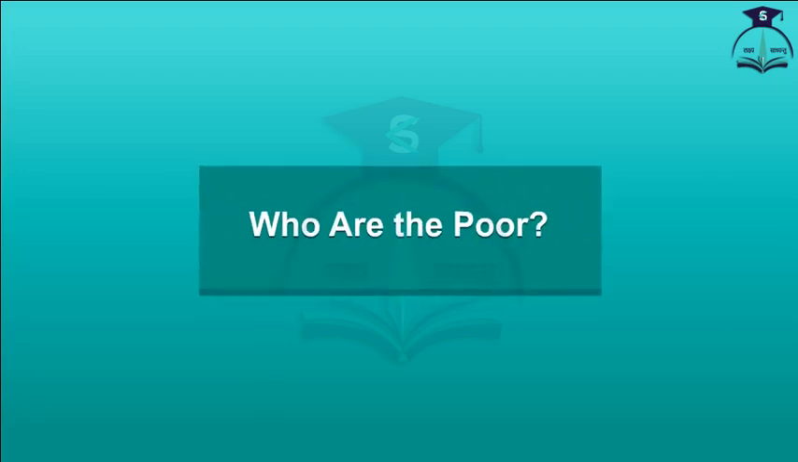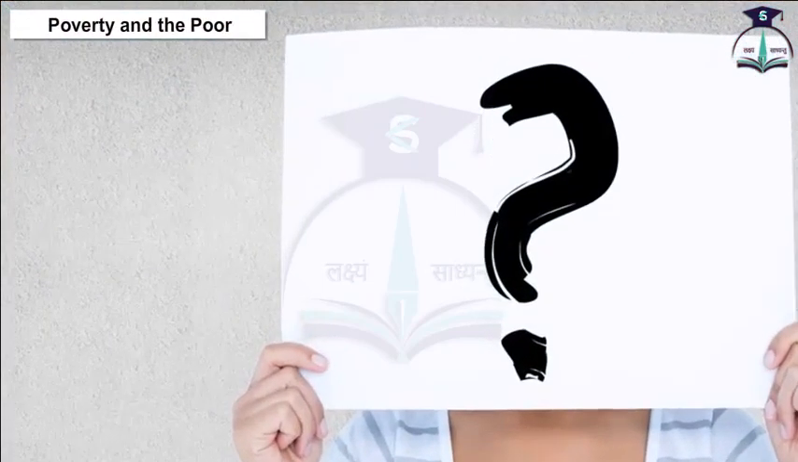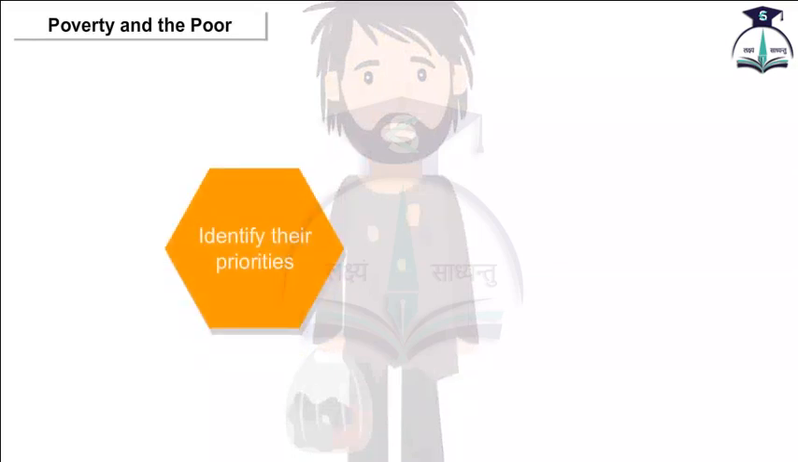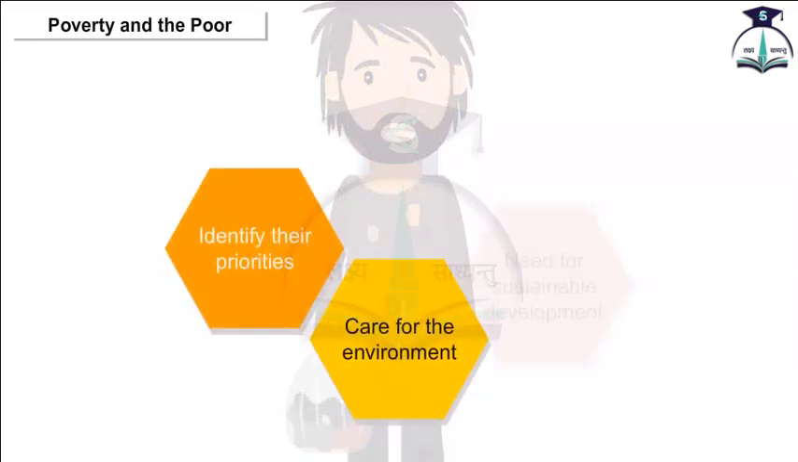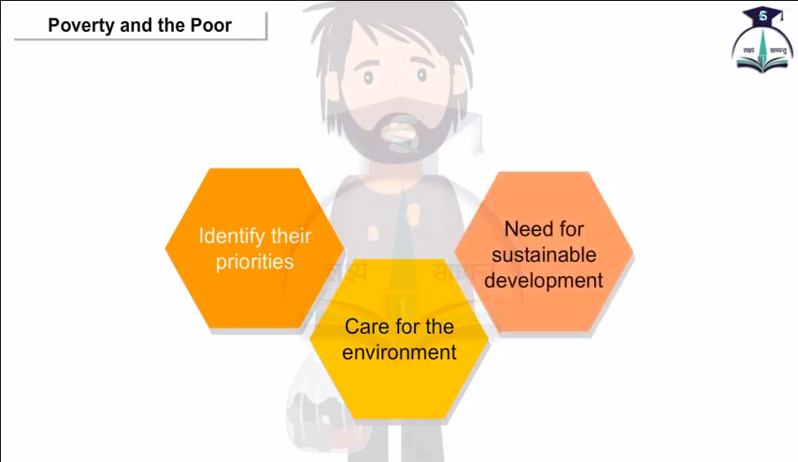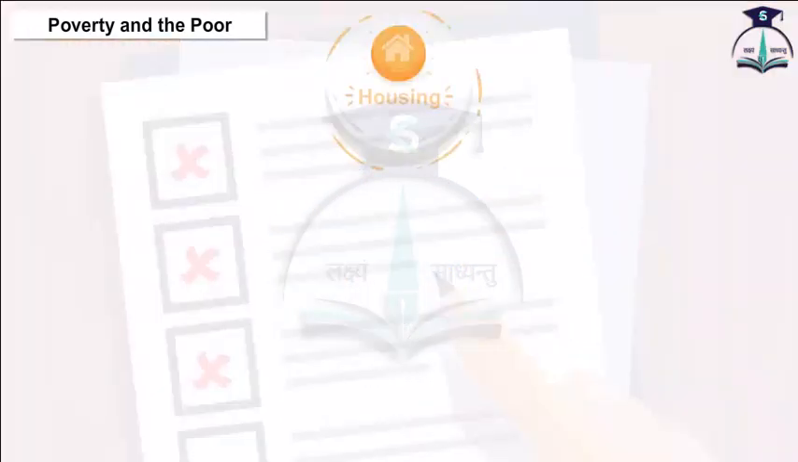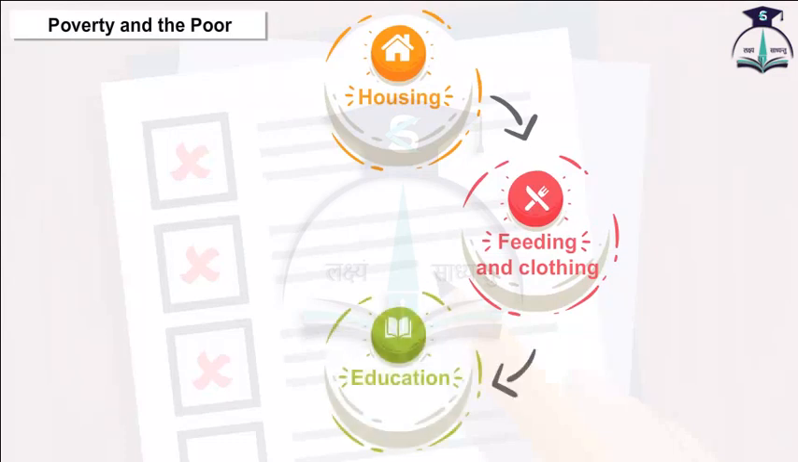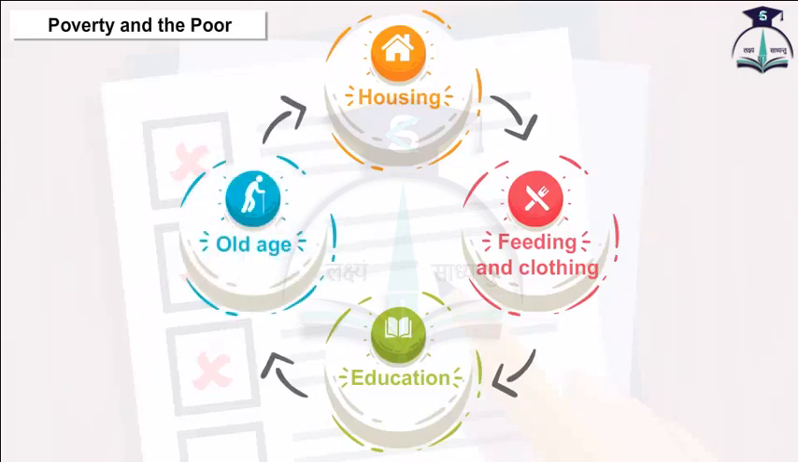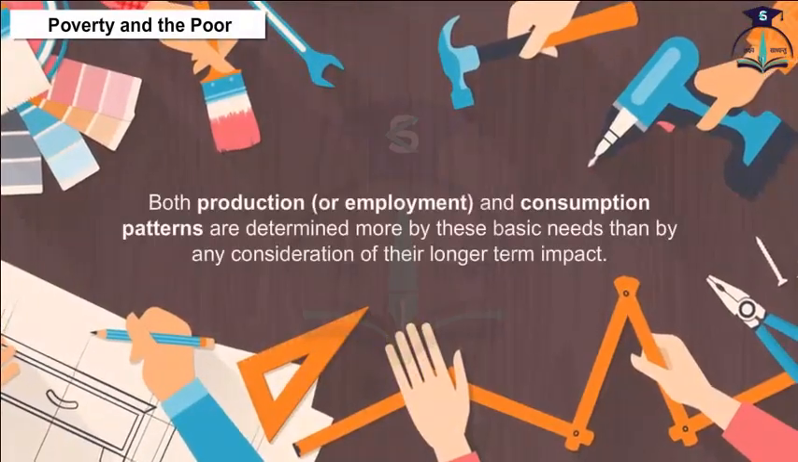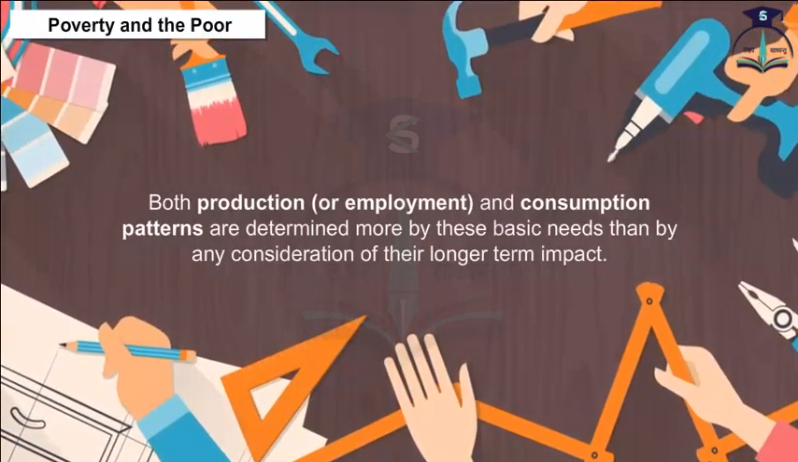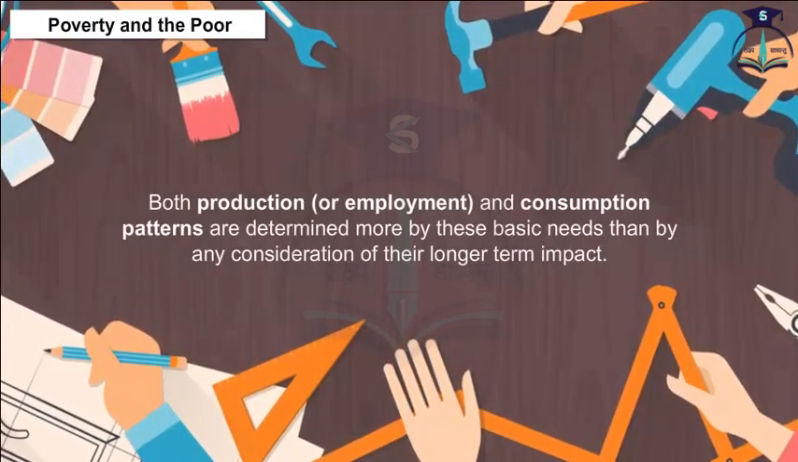Who are the poor? Poverty and the poor. When people living in poverty are asked to identify their priorities, care for the environment or the need for sustainable development are rarely at the top of their lists. Housing, feeding and clothing the family, education for their children, and care in their old age are much more significant concerns. Both production or employment and consumption patterns are determined more by these basic needs than by any consideration of